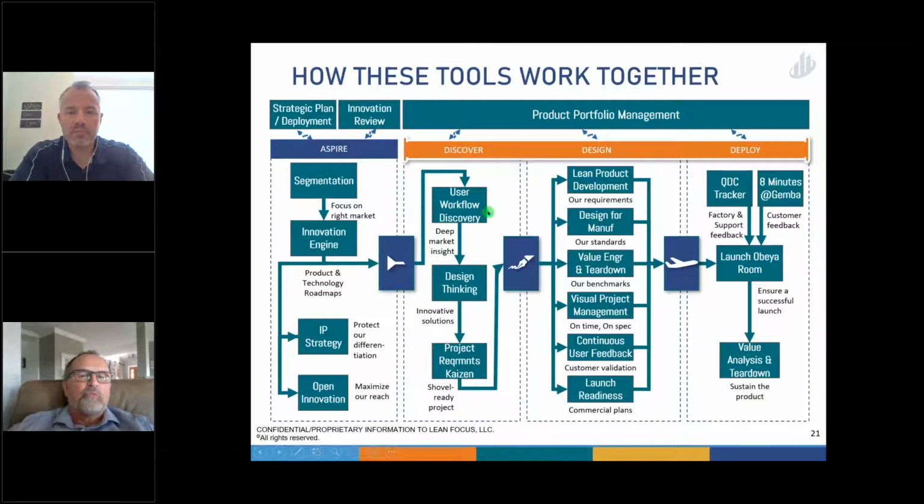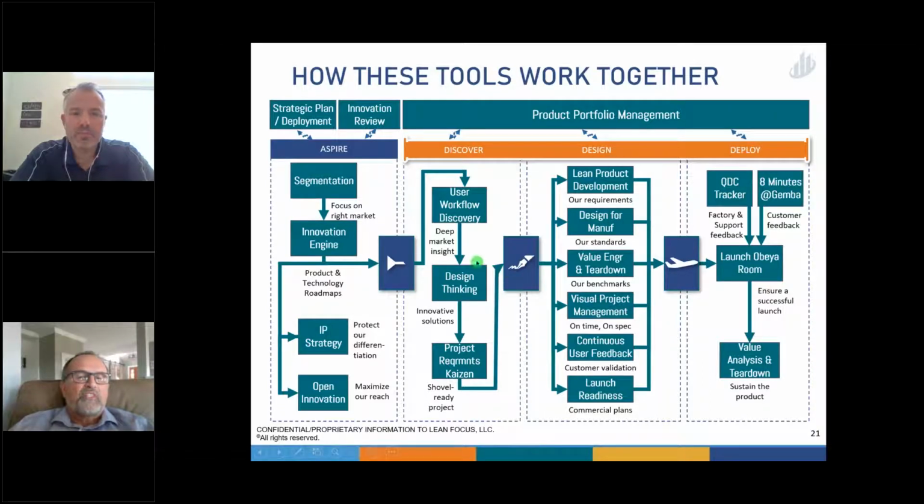When we go into discover, we've got to understand, what's the user workflow? That's so critical. I can't tell you how many times I've seen that we will go make a product because we think the doctor wants this sample process 20% faster. And what we really find out is that 1 in 6 of the processing fails and the doctor has to start over, or the lab has to start the sample over. And they're not so concerned with moving all of them, it's getting the quality defects down. Well, if you're not with the doctor or with the lab, how are you going to know which is really troubling? Because either could be the problem.